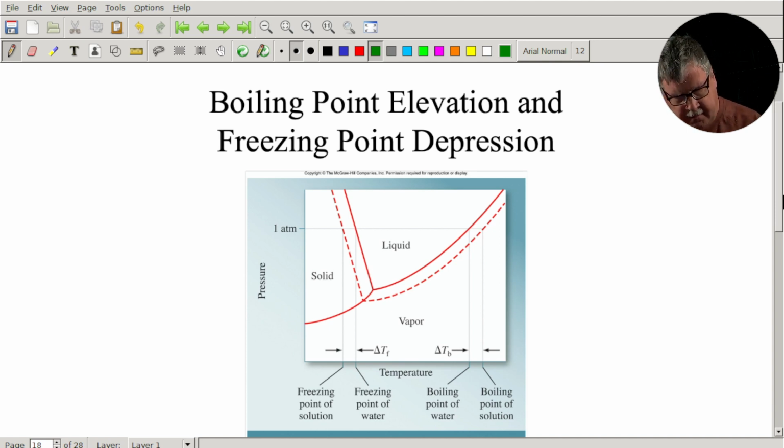So I can also generate the phase diagram of a solution, of a solute. For example, in this particular case, I'm going to make a 1 molal solution of glucose. In other words, if I take a kilogram of water, I'll dissolve 1 mole, or 180 grams, of glucose into that kilogram of water. The result is I get this second dotted or dashed trace. Okay, so we could say this is a 1 molal solution.